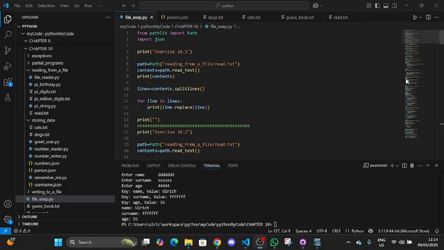Okay, so this is chapter 10. It looks at reading from files and writing to files, exception handling, and storing data in JSON format. So first we see just reading from a file,